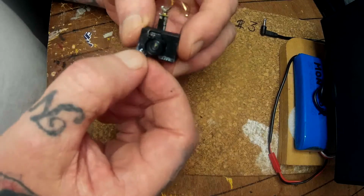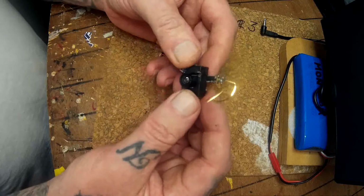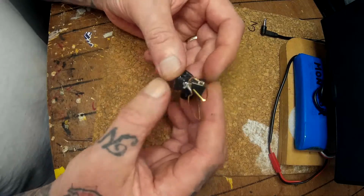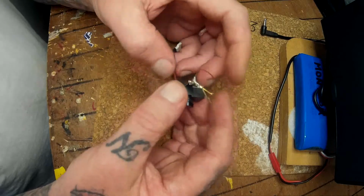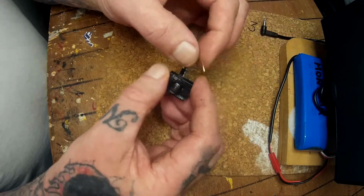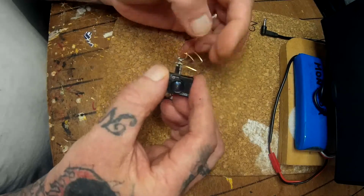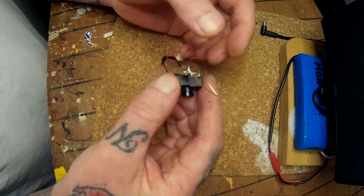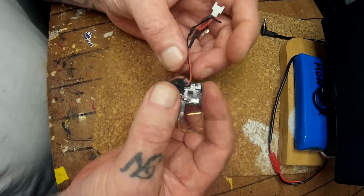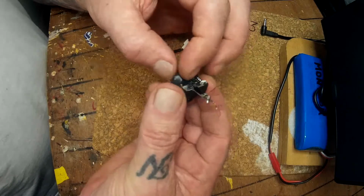What I'm going to show you today is, if you have one of these all-in-one cams, micro cams for your micro quads, or if you're putting them on antennas and it's damaged or not working anymore, the antennas just seem to be the weakest point of these, and sometimes it can be the power cord as well. So it's a good idea to put some mastic